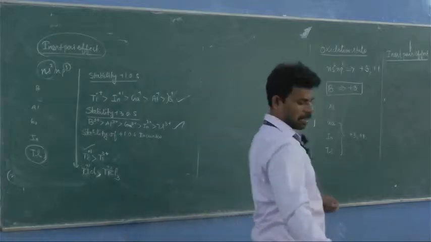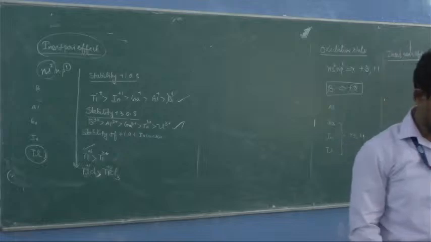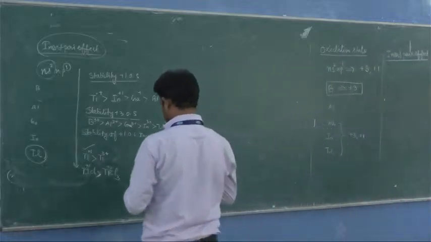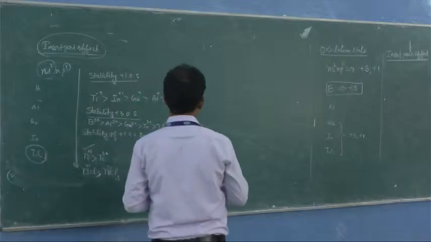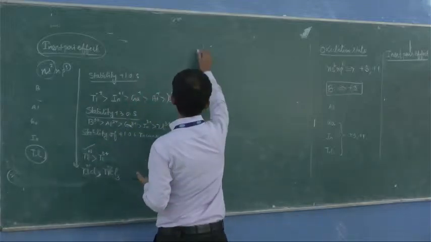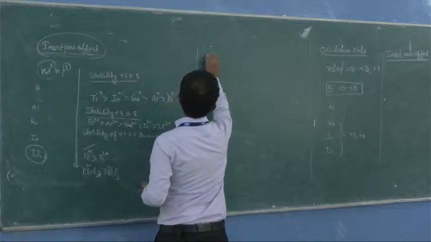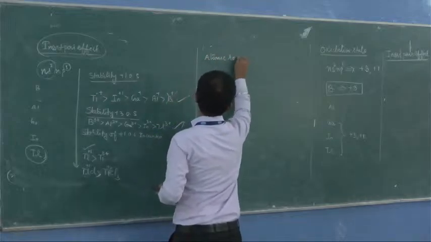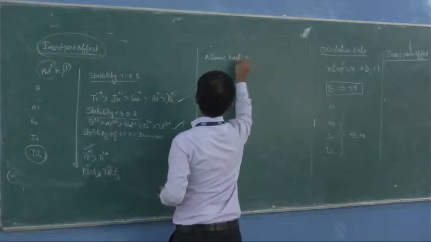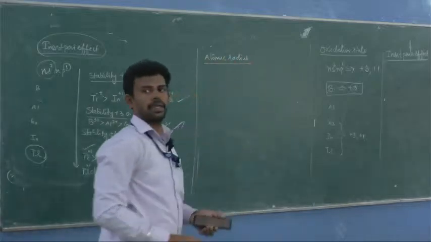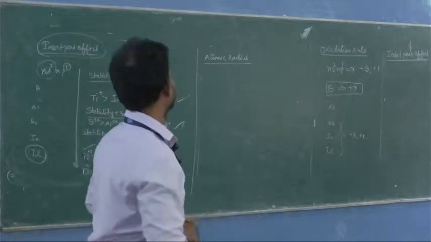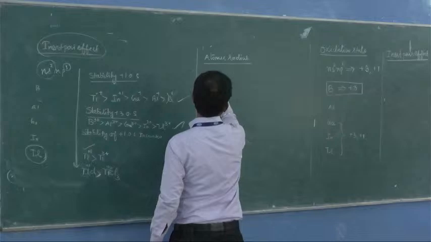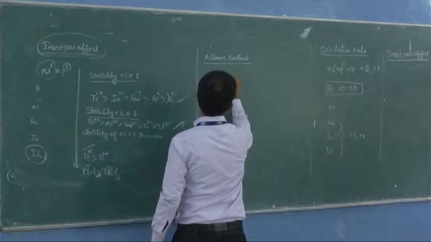Okay, oxidation state. Next property, we are going to discuss about atomic radius. Okay, atomic radius. Is it clear? So we know the atomic radius